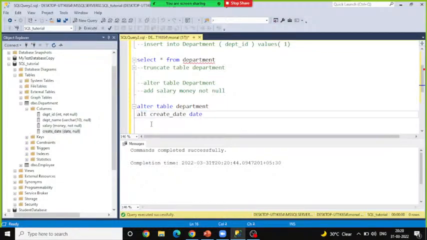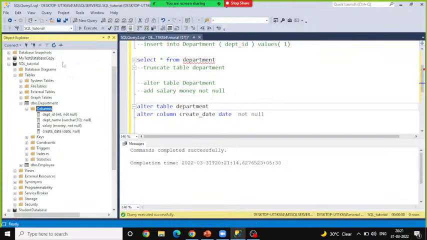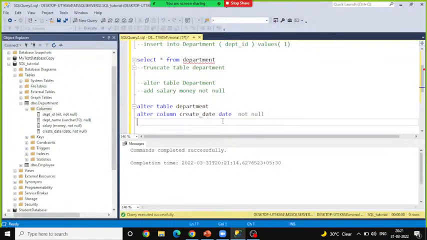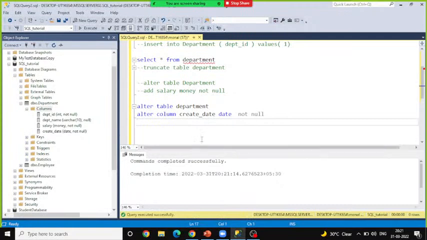Is this alter column, then create date not null, date not null. Now see, not null. So now I will try to add a few records into this table, and I will show you it will not allow me if I miss the values, or if I am not adding the values to create table, it will violate this rule, a not null constraint, and it will